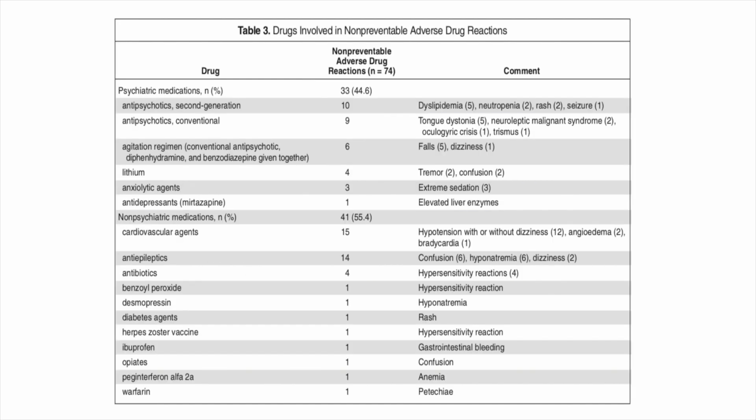The Thomas et al. article also broke down what kind of ADRs someone was seeing from the antipsychotics. So, for example, second generation antipsychotics, you may see dyslipidemia because it can, especially the olanzapines and the clozapines, increase cholesterol levels. Neutropenia, we'll break down each of these so we can get a better understanding of why we see these ADRs associated with these drugs especially.